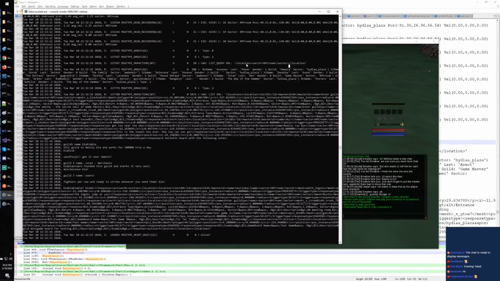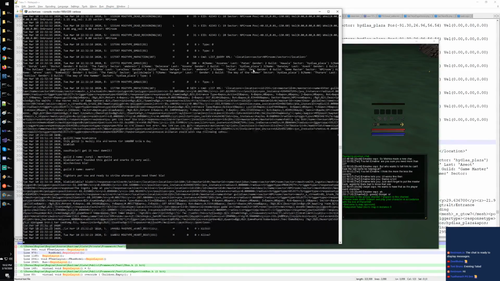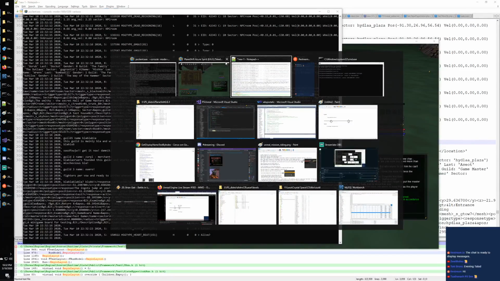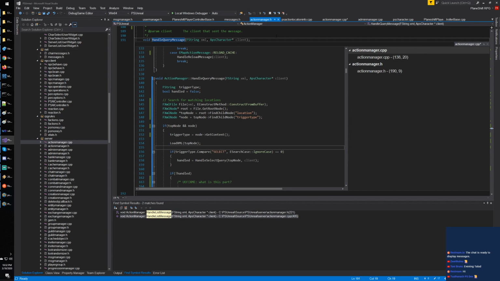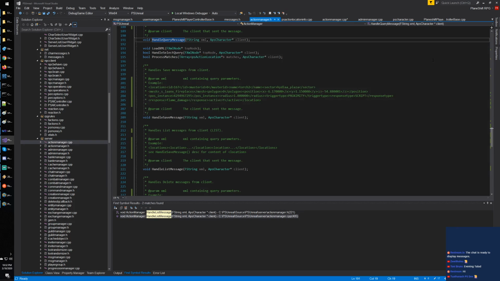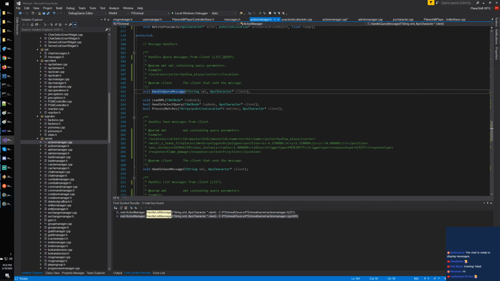Okay, so the list query is actually what I was saying. The list query is just a request to get the full list of the action locations in that particular sector. So this is what we need to document. Now, is the list query going through this? Yes. So, handle query message from client list query. It doesn't explain anything about this, but